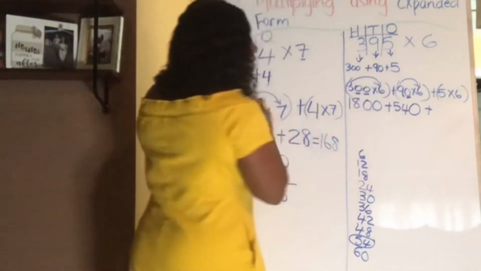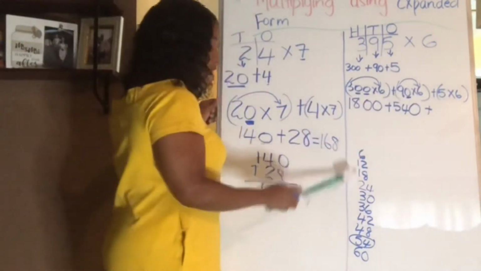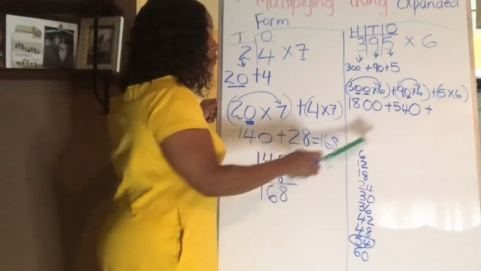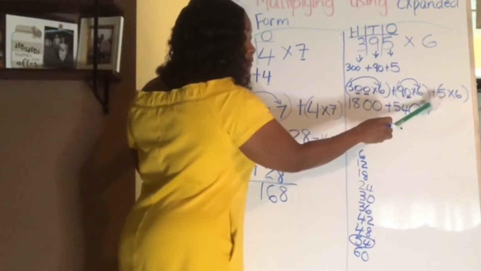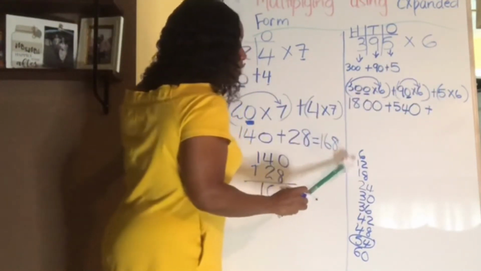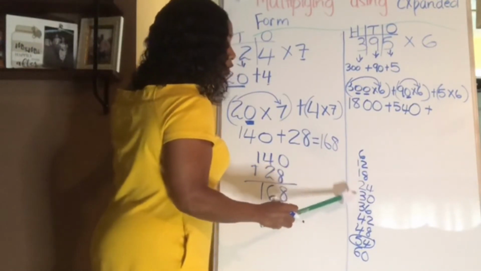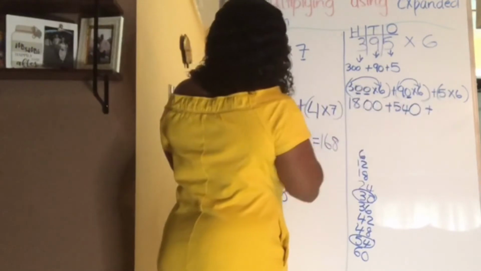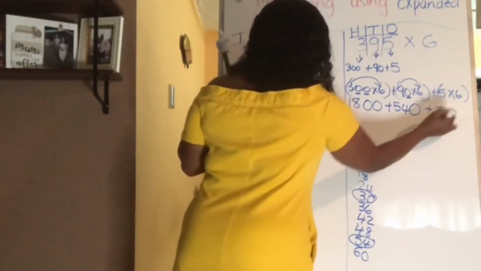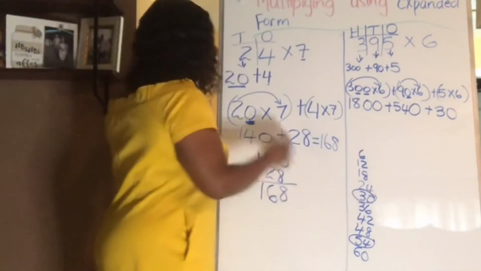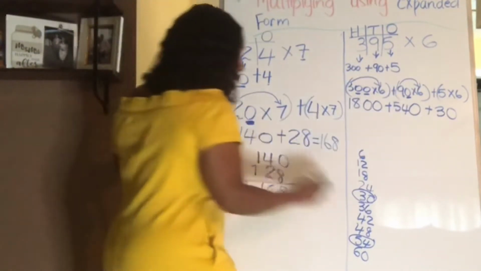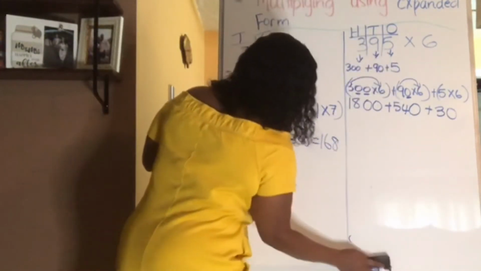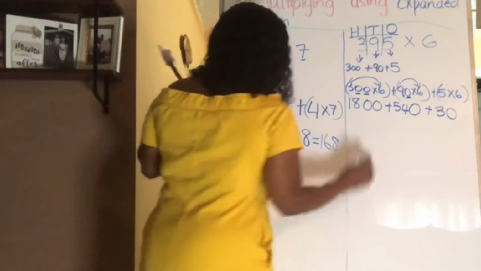Plus 5 times 6, we have it here. So we need to count 5 times because it's 6 times 5. So 1, 2, 3, 4, 5. We got to 30. So 5 times 6 is 30. Next step is to add up all your partial products. So let me take this off. And I'm ready to add